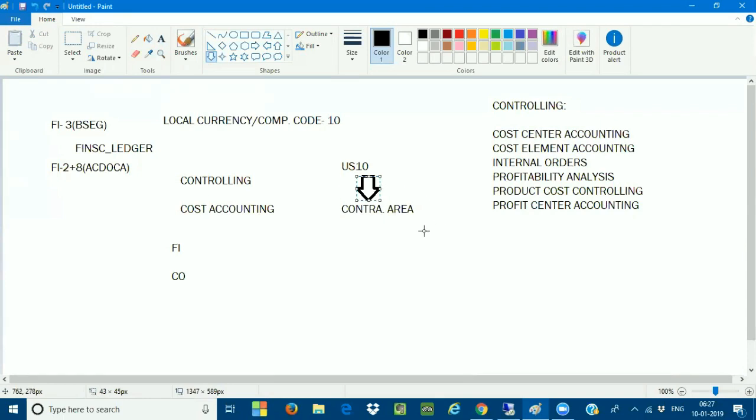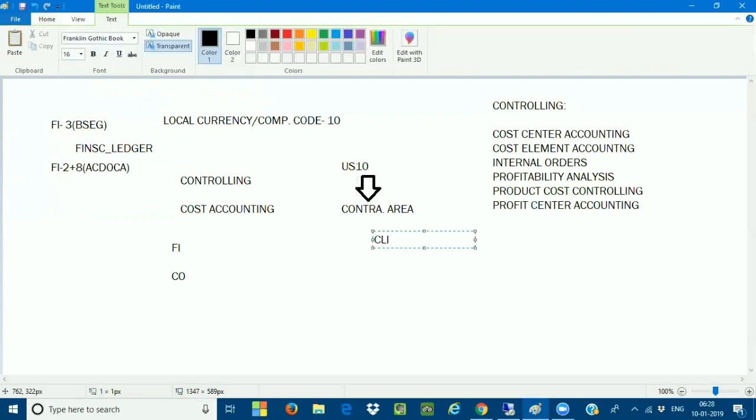Like FI, we have an org structure. What is the org structure of FI? When I take FI, first we maintain a client. Client is the first hierarchy level. Client, company, company code, and we can call it the business area or the profit centers. This is the org structure of your FI, finance. Client, in which client you are doing this particular process. Company, which is the trading partner actually, as I discussed yesterday. Company code and the business area.